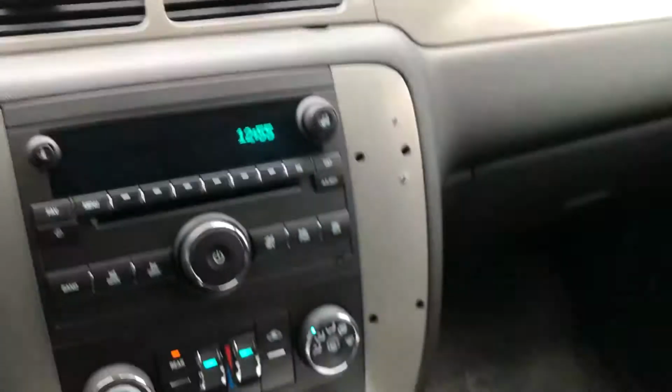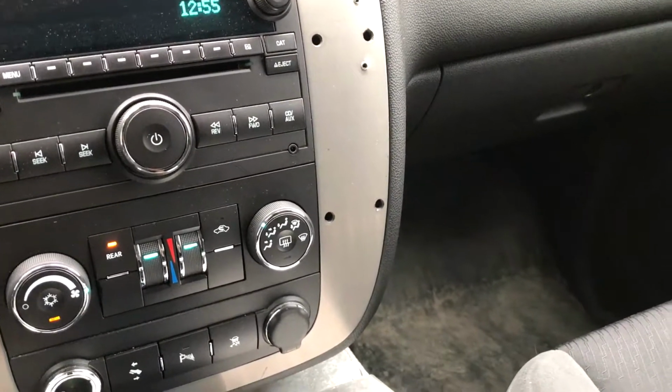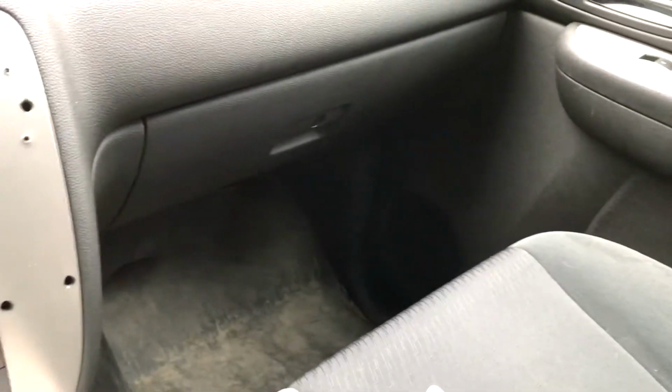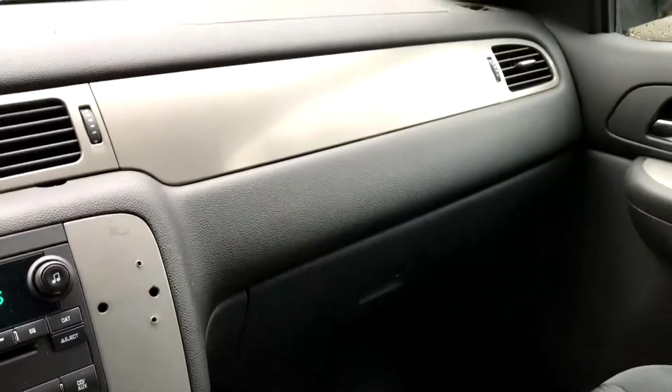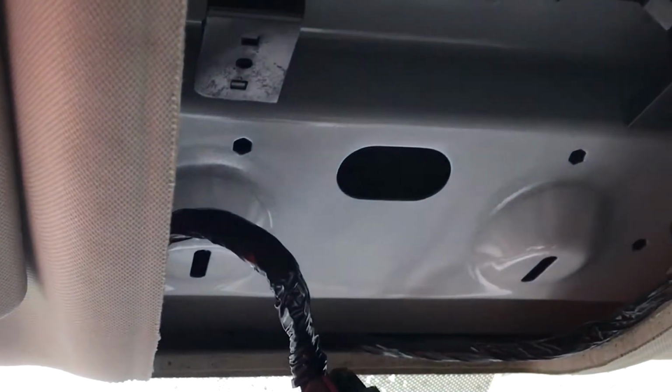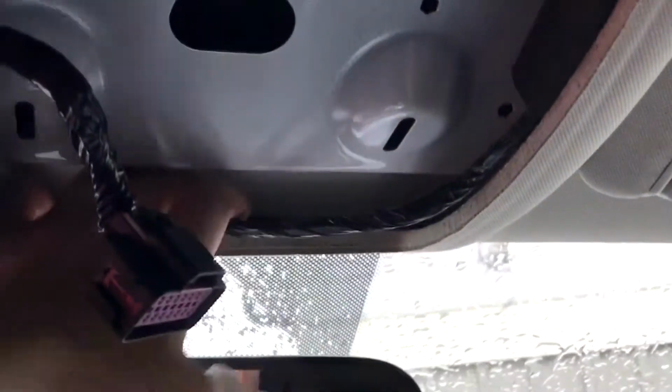I'm just running the vehicle now with the air conditioning on, trying to get whatever humidity is out of the vehicle, and there's really not a whole lot, but I'm just going to be driving around with this center upper ceiling console out to see if I get water coming from the windshield. So that's pretty much it for that. Now let's move to